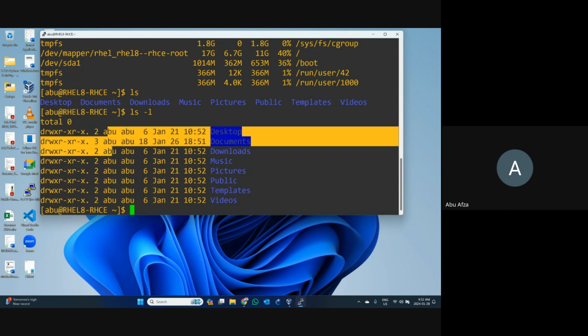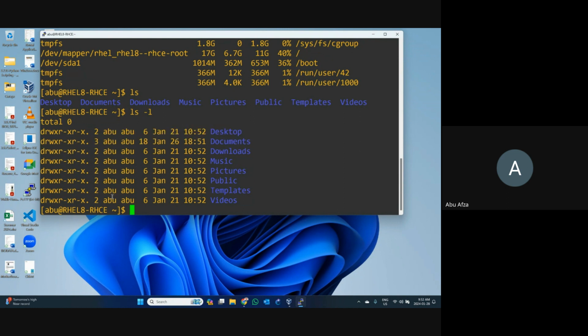This is the group name. First one, sorry, this is the username. Which user you are logged in as right now, this username will be shown here. This is the group. When you create any file or folder, by default the username will be the group, but if you want to, you can change that. When you create any files and folders, that will be updated here. And whatever the file or folder name is, that is this.